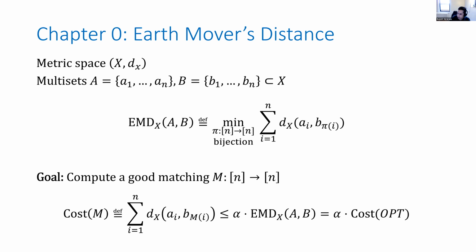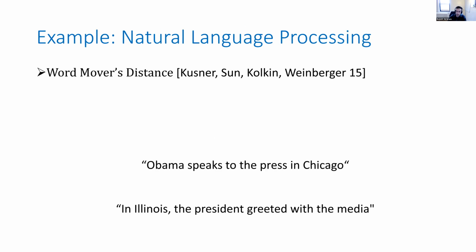Okay, fantastic. So before I talk about how we solve this problem, I want to tell you one of the principal motivations for solving high dimensional Earth mover distance. The title of the work is high dimensional Earth mover distance. What that means is that this metric space will be high dimensional Euclidean space, or the high dimensional hypercube. One reason why we would want to do that is this application, which is very interesting to me,